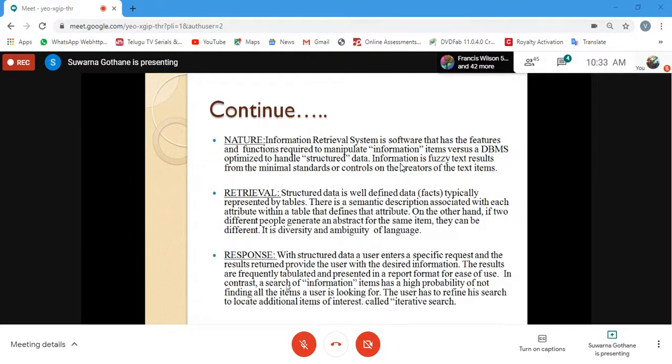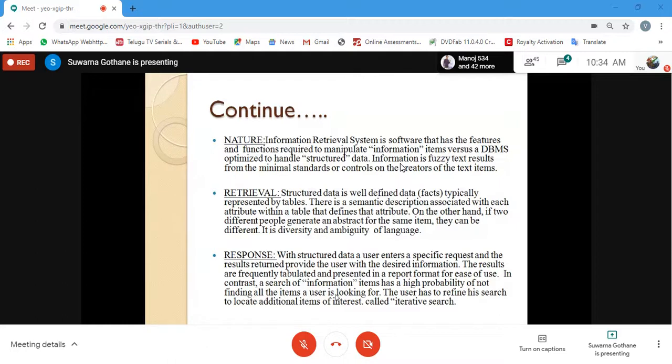Then response. Here the important term you should notice is that whenever we talk about the IRS query, if you fire it, it is not that only one time you will get the information you are looking for.